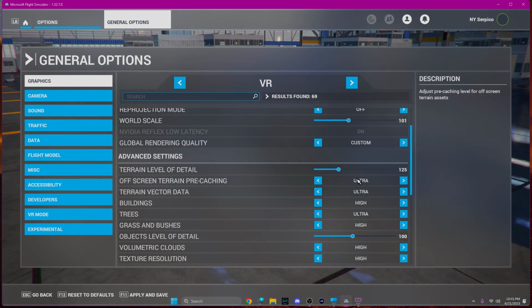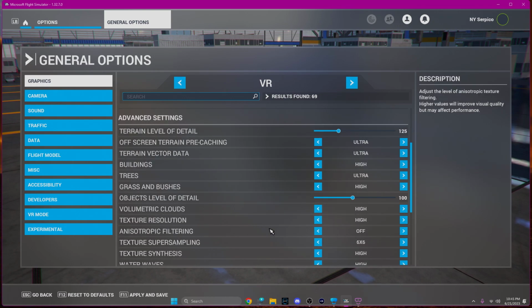Off-screen terrain pre-caching ultra, terrain vector data ultra, buildings on high, trees on ultra, grass and bushes on high, object level of detail 100%, high volumetric clouds, texture resolution on high because that's what I have it on in my 2D mode. Anisotropic filtering is off because I have it set in my NVIDIA control panel at 16 times, texture supersampling 6x6, 6x6, texture